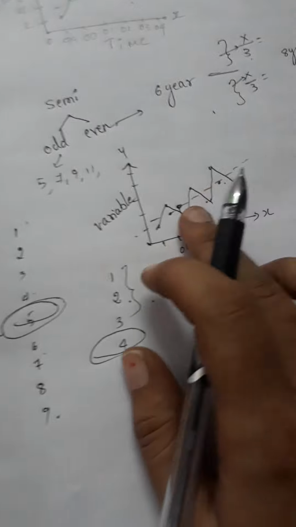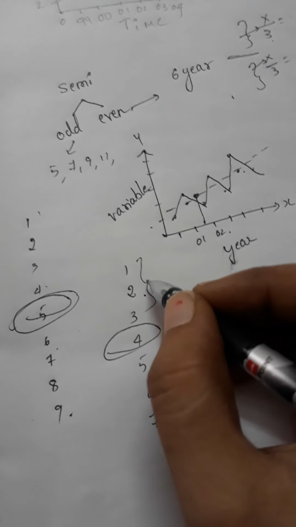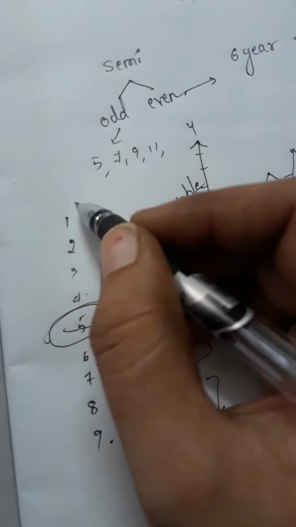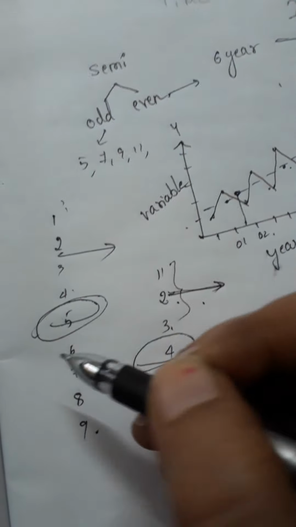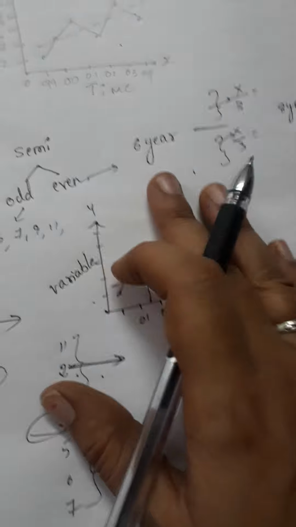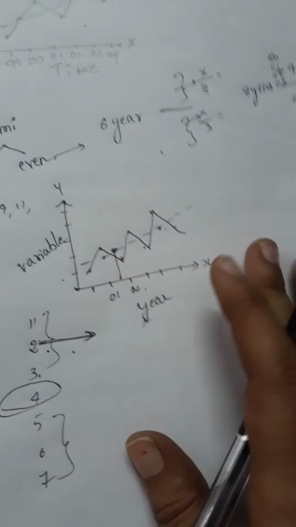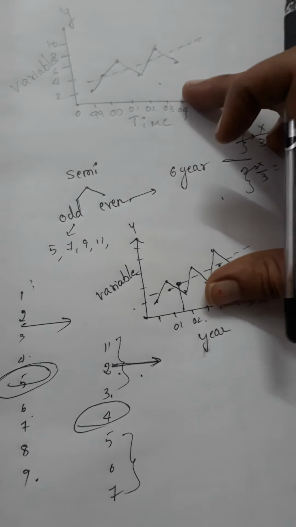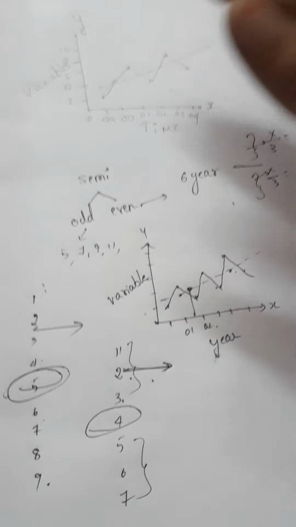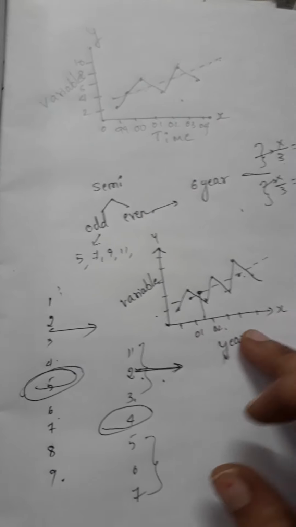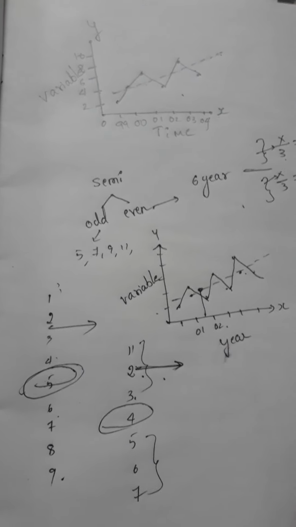Okay. Plotting is important: where you should plot the value. Which is the middle year? The second year is the middle year. Here, which is the middle year? Between 2 and 3 is the middle year. This one they will not ask, but you should learn this concept, the graphical method. Semi-averages they will ask for 2 marks as well as for 5 marks, but both are based on a graph. The graphical method is based on a graph and semi-averages is also based on a graph. Other than these two, the remaining problems are not based on a graph.